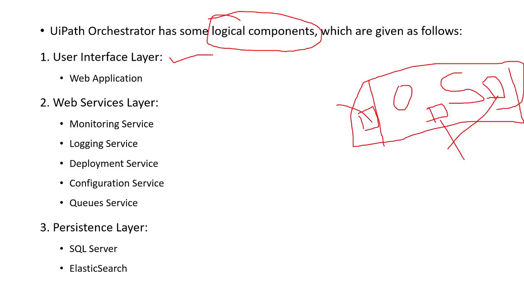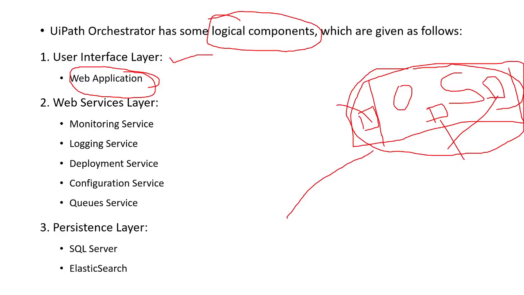One is the user interface layer. Basically it is a web application whose job is to provide an interface to the user to use the services provided by the orchestrator server. Or to make it simple, it is an interface that will be used by the user in order to access the orchestrator server. Clear? I will show you in the coming class how the interface looks. Basically it is a web application. If I want to give a simple example, it is similar to accessing your Gmail account, right? Where you access your Gmail account in the web browser. Similarly here, the same kind of interface will be given to the user to access the orchestrator server.